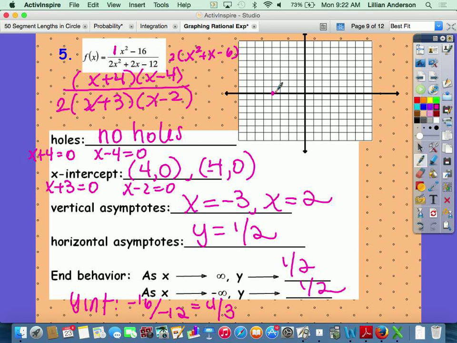So I have all this information. Negative 4, 0, 4, 0, negative 3, and 2. And you know what? We'll finish this up tomorrow because I don't